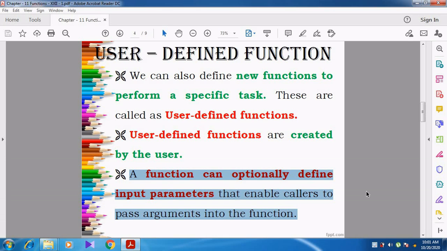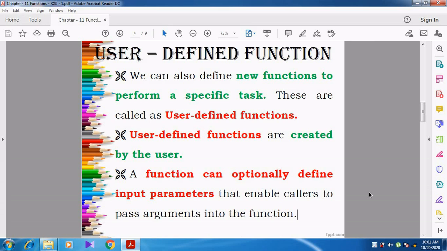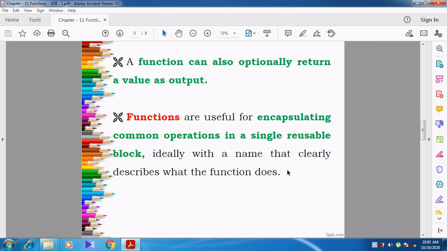Then it will be processed inside the function. Can you understand, students? It is an optional one only, not a compulsory one. Whenever the arguments are received, they are assigned to the parameters, and then processed.